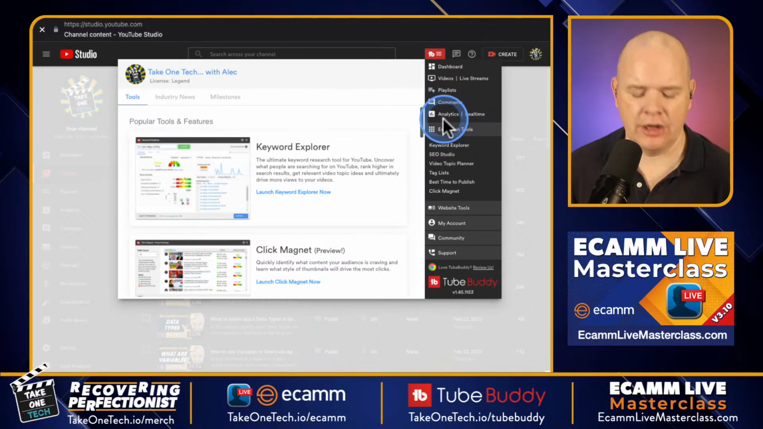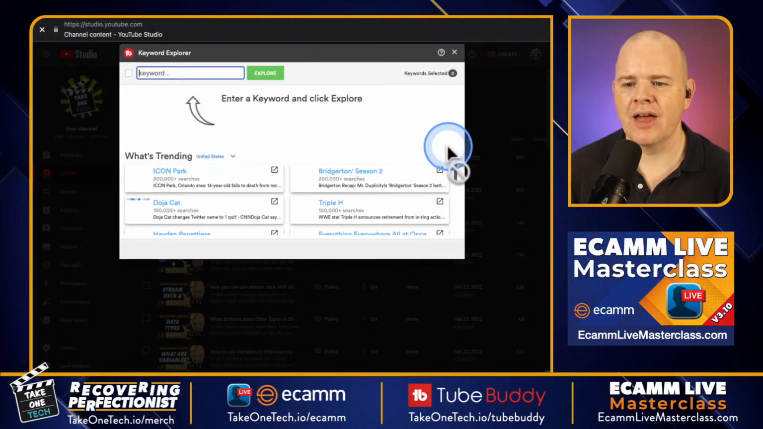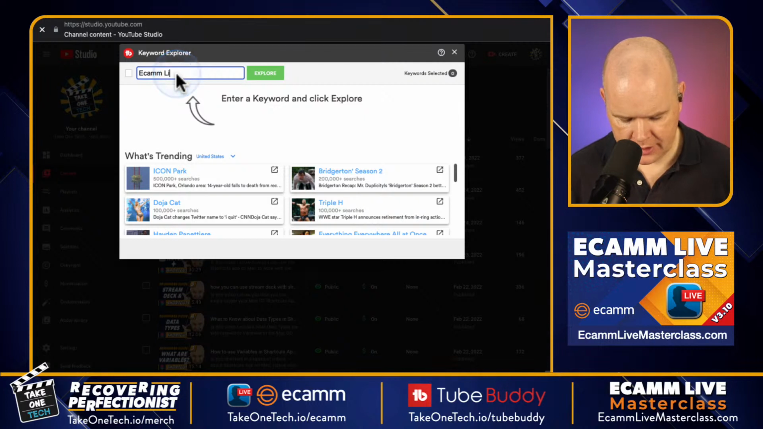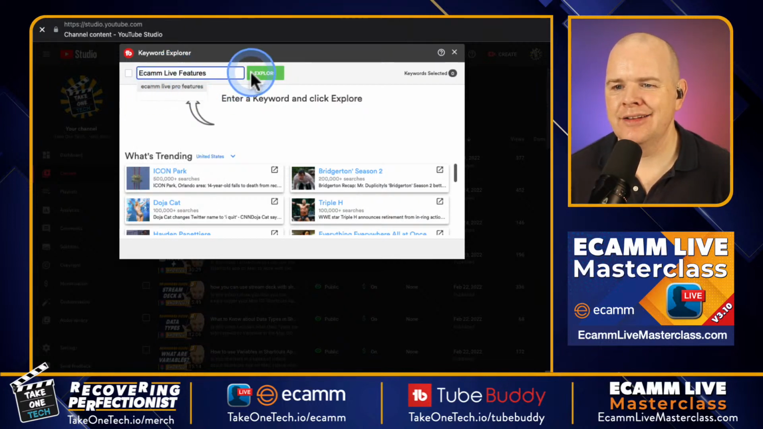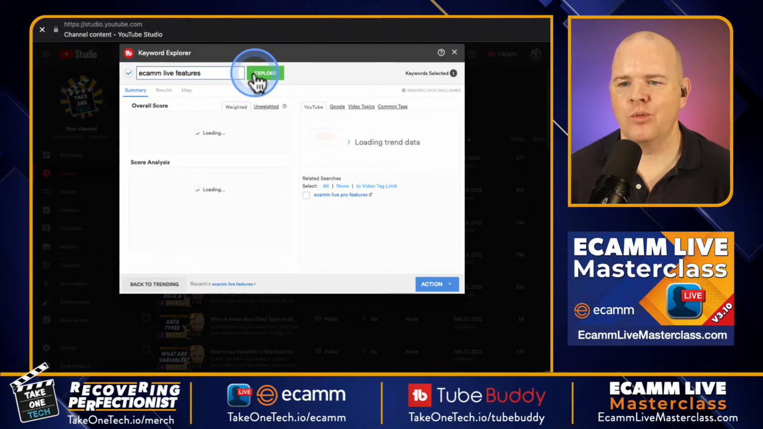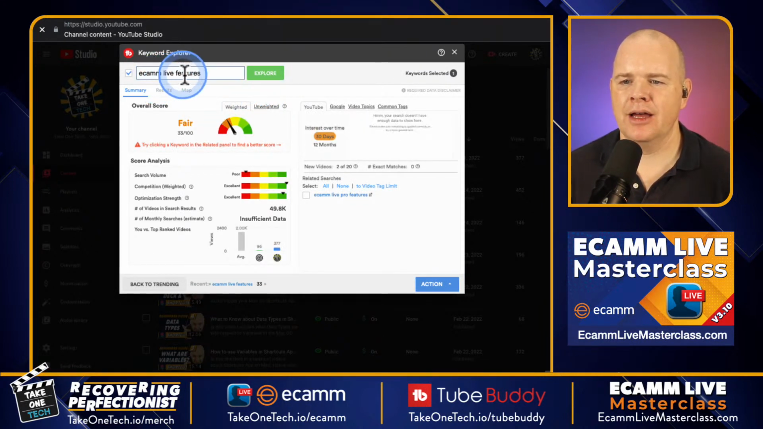Now, on a similar note to that, you also get the Keyword Explorer. And this is a bit of a similar interface, but here we're just going to put in a keyword, Ecamm Live features, and explore this one. And what this is doing is searching for these, again, as keywords, but it's going to give you